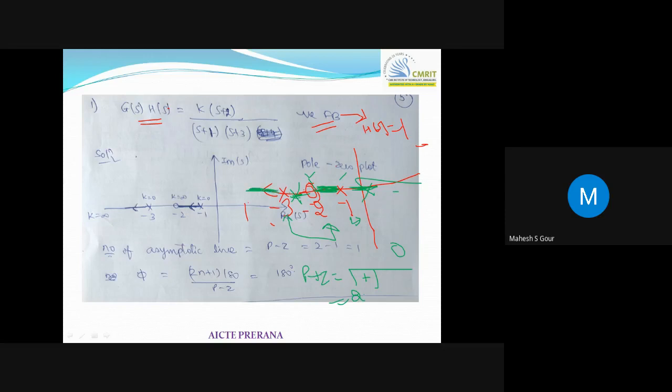So when I come back to this end, you can see that there are 2 poles and 1 zero, right? So 2 poles and 1 zero is 2 plus 1 is 3. So the root locus lies at this end. As you can see in the diagram, one root locus is at this end and another root locus is at this end. Now the next question is how the root locus should proceed.